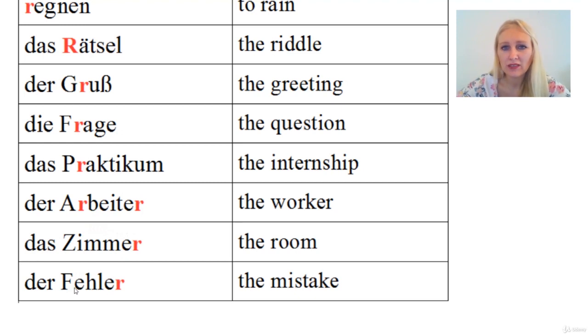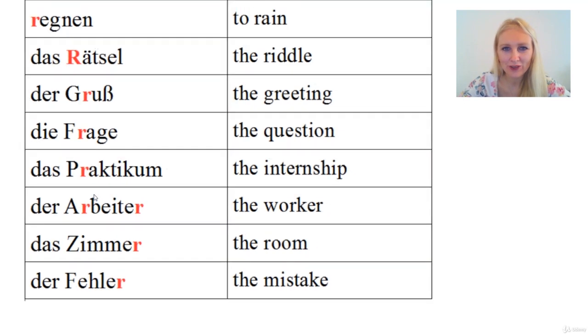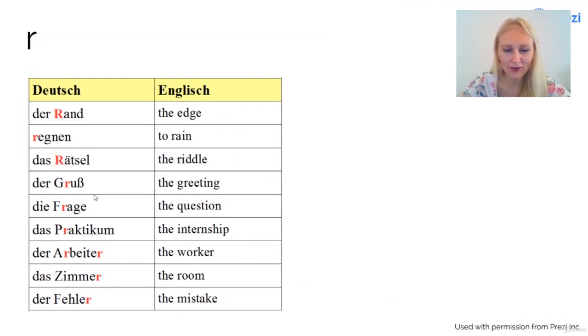Some students of mine always try to make it a little bit more difficult, trying to add this R from the throat in this case, because often people think it has to be more difficult than it actually is. So it's really just exchanging it with an A. Zimmer, Fehler, Arbeiter, that's it. So don't make it too complicated for yourself. Don't try to add an R. It's just an A here basically.